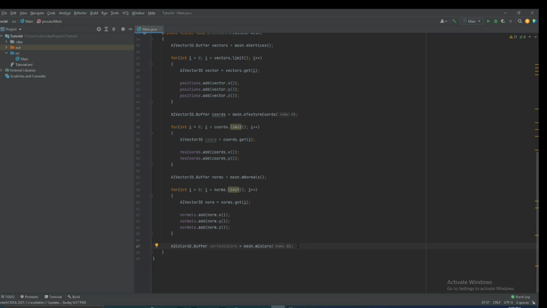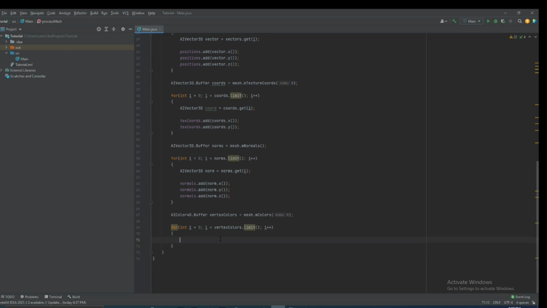Alright, so from here, like we've done 3 other times, we're just going to iterate. Let's copy this at this point. We'll put vertexColor.limit. Okay, we'll copy this. We'll do vertexColor. So it's the same thing here. We're just getting a list of 4D vectors, 4D colors, iterating through it, getting each specific 4D vector, putting it in here, and then from here we can just say